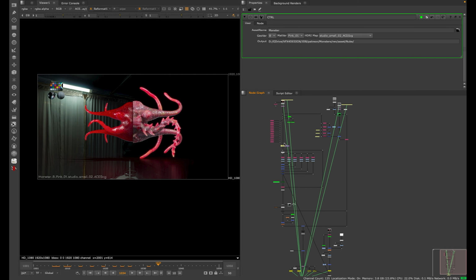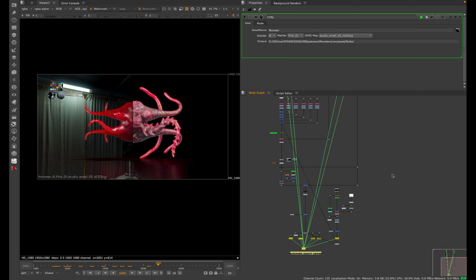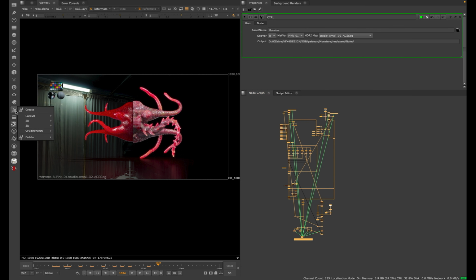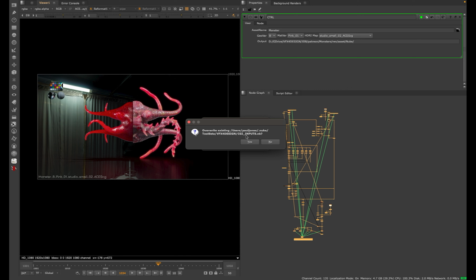You've done all the hard work, this might have taken a few hours to figure out what to do, and no doubt it'll change, but that's the nice thing about templates. You can just grab the whole lot and then go file, create a new template, stick it in wherever you like. So I would have it here, and this would be like CGI inputs. And if it already exists, it'll say, hey, you already exist, and I'm saving this into my toolsets folder,